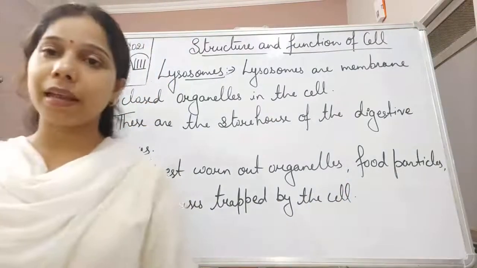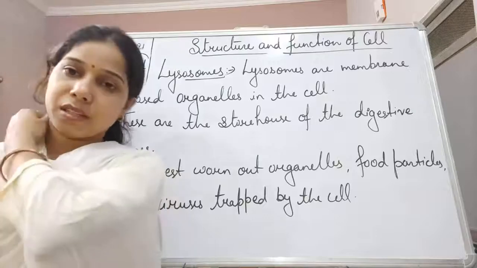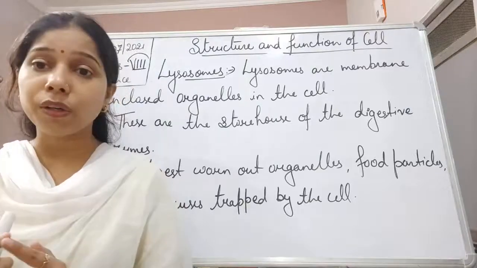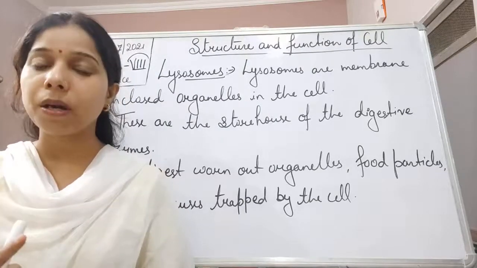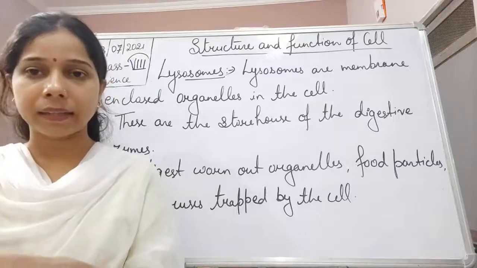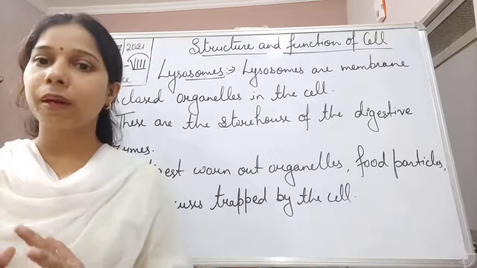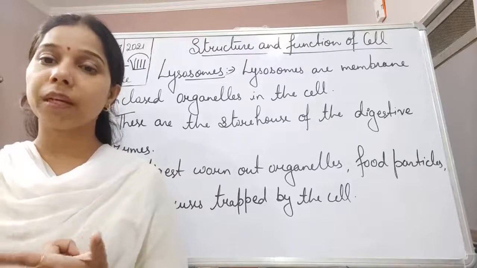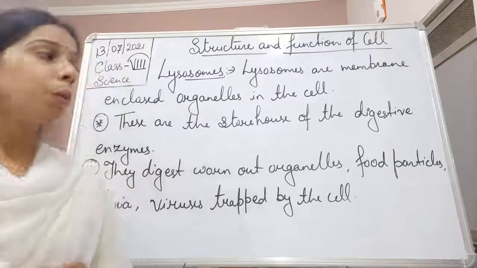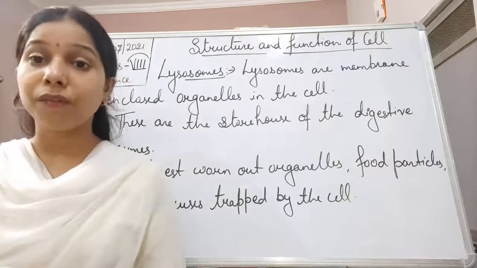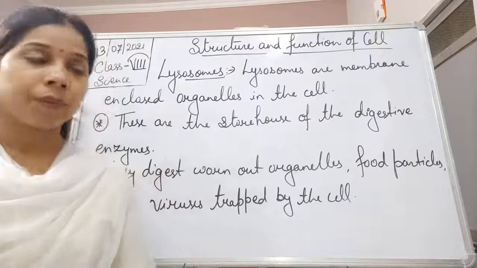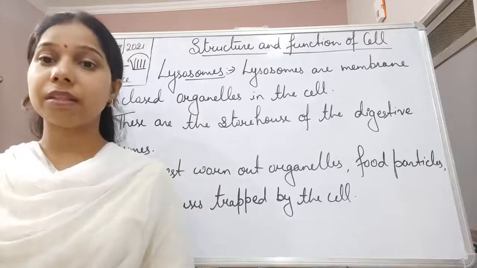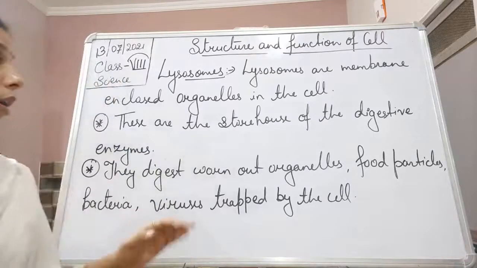Basically, when you see the lysosome, students, these consist of digestive enzymes. So they consist of such enzymes which help in the digestion, not only of the food particles, but they also help in killing or digesting the bacteria and viruses which are trapped by the cell, which came near to the cell and are now trapped by the cell. Now these will also be dissolved, digested with the help of the digestive enzymes which are stored in the lysosomes. So we can say here that lysosomes also help in fighting the antigens that can harm us.